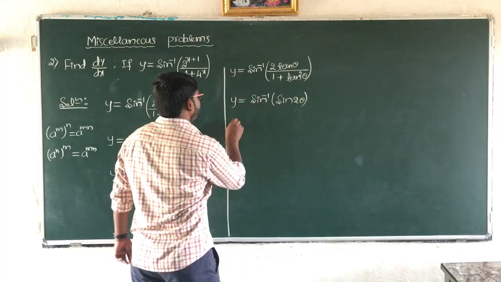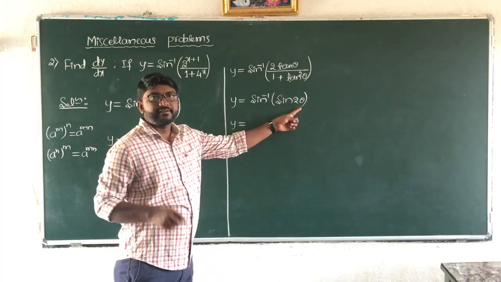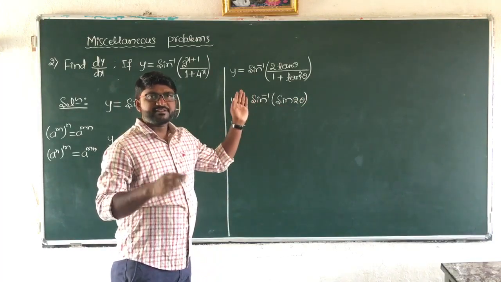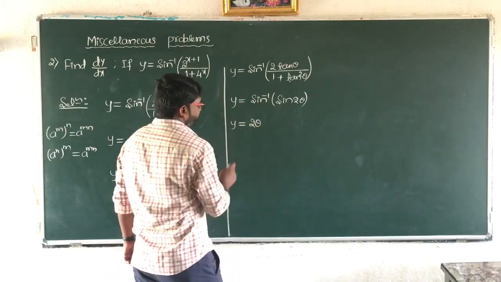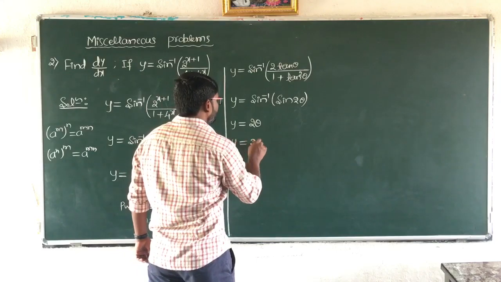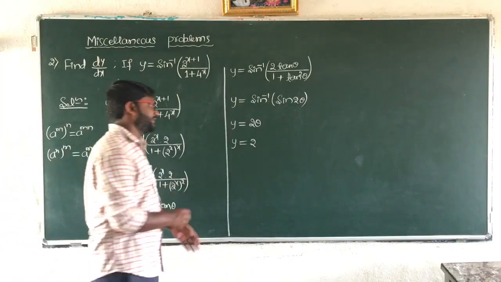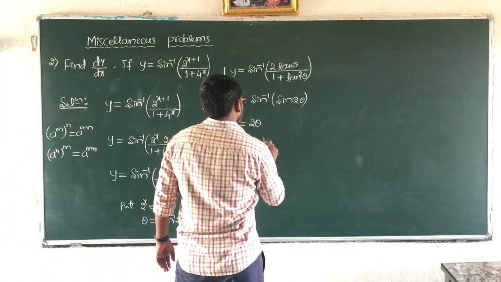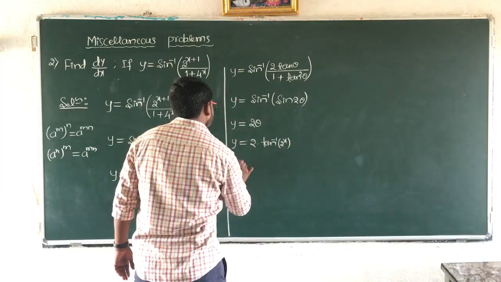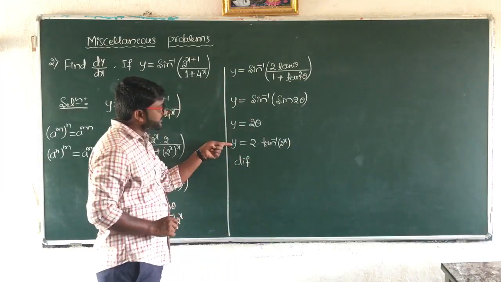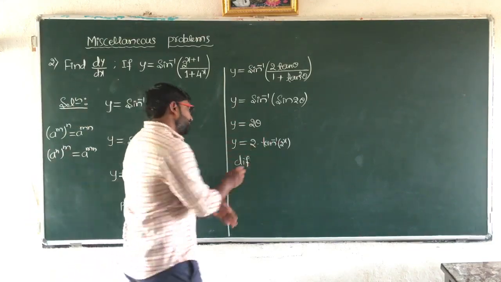So now y is equal to, this is the standard property now, sin inverse sin x. Here x is 2 theta. What is sin inverse sin x? It is x. So now x is nothing but 2 theta here. So y is equal to 2 into theta, and theta is nothing but tan inverse 2 raised to x. Till this step we are just simplifying the given function. Now we are going for the actual differentiation.